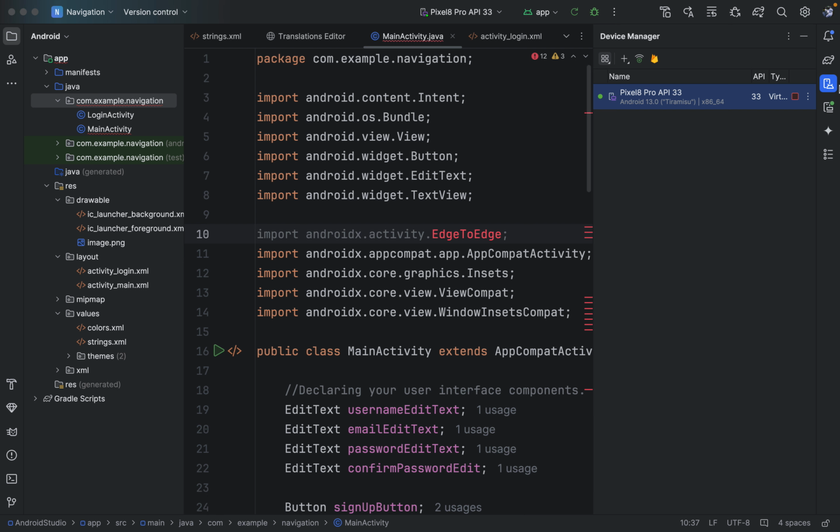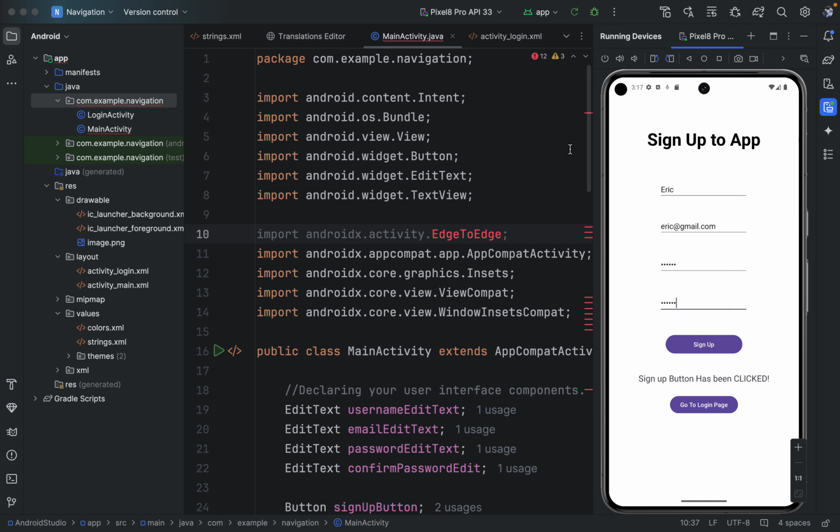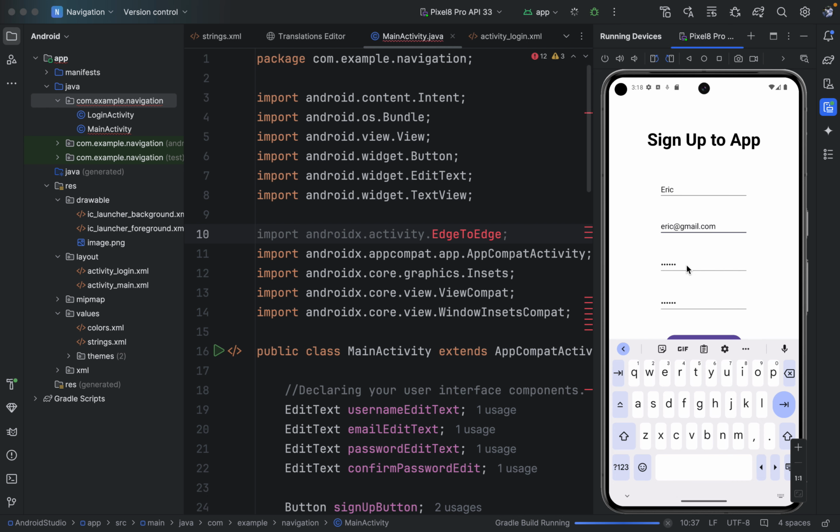Those errors are not a problem, so you don't need to worry about that. These are running device, and I can run the app now again. And in this case, you can see that I'm being asked to just provide the name, the username, the email, and the password. Okay, so I just provide the email, the password,